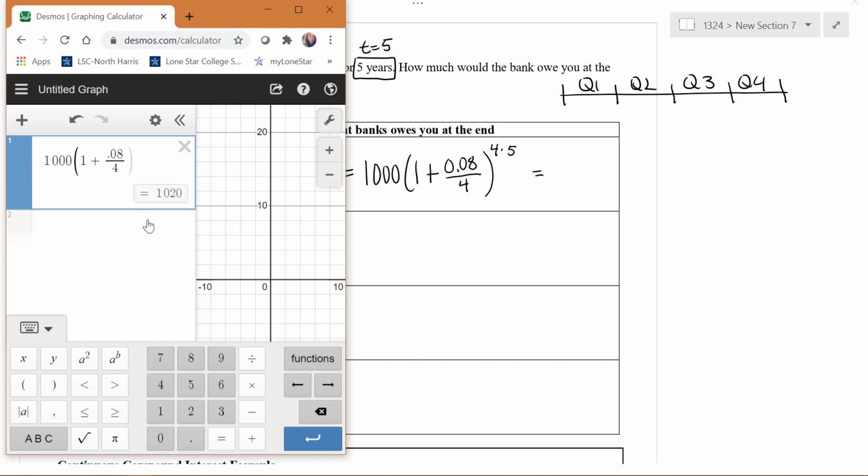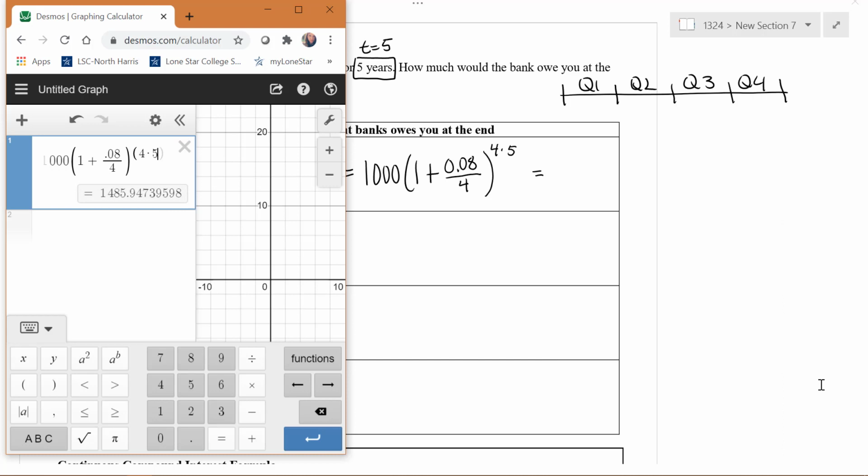Come outside of those parentheses, and then we're going to raise this to the power of 4 times 5. So a to the power of b to get up in that exponent. I recommend that you put parentheses to capture everything that's up in the exponent. And I'm not going to simplify this time. I'm just going to write 4 times 5 up in the exponent. So that gives me